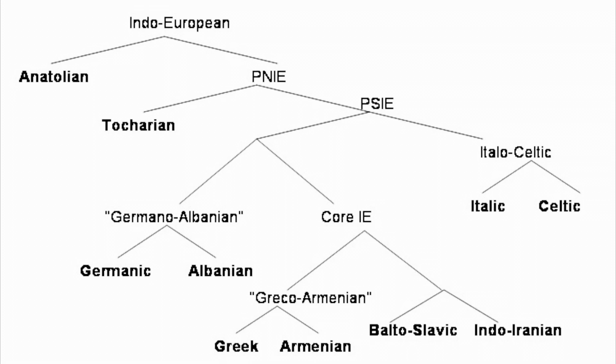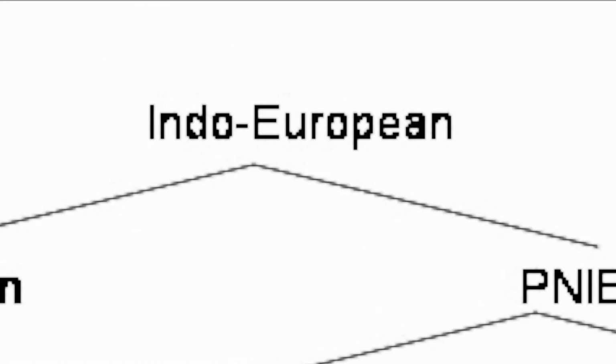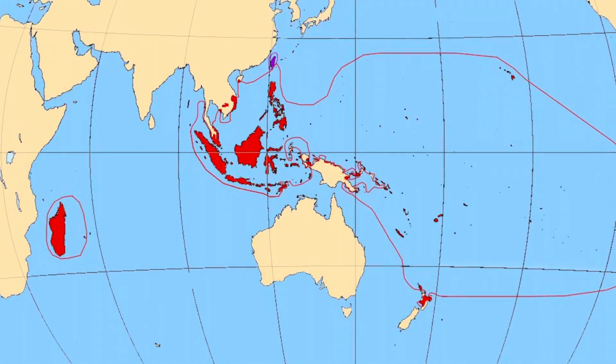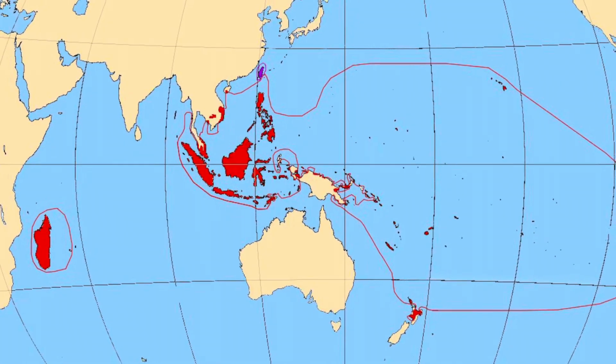Second, languages are constantly evolving. A language family is a group of languages that are all descended from the same original mother language. Latin is the ancestor of Spanish, French, Italian, and all the other Romance languages. Ancient Latin turned into the modern-day iterations of all of these languages. Amazingly, languages from opposite sides of the world are sometimes related to each other. This is the map of everywhere where people speak Austronesian languages, all the way from Madagascar to Hawaii.